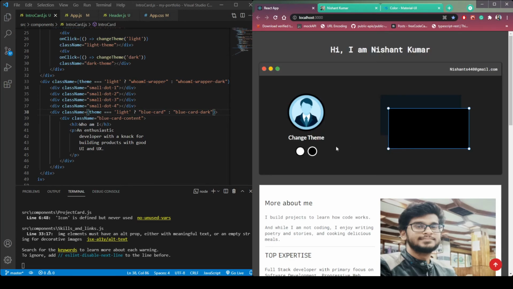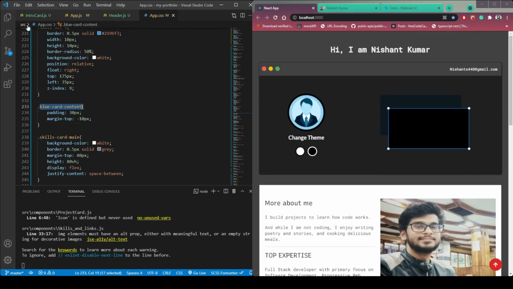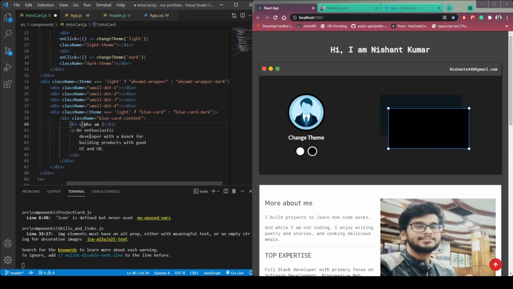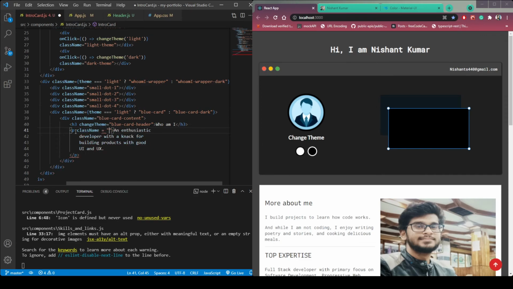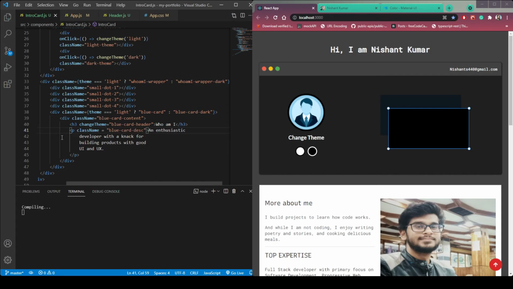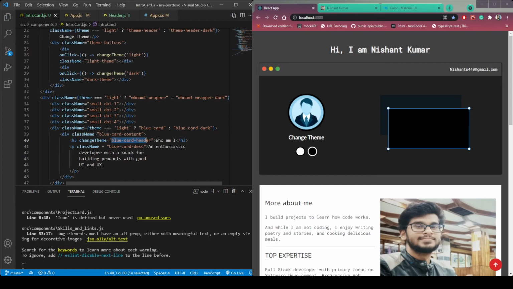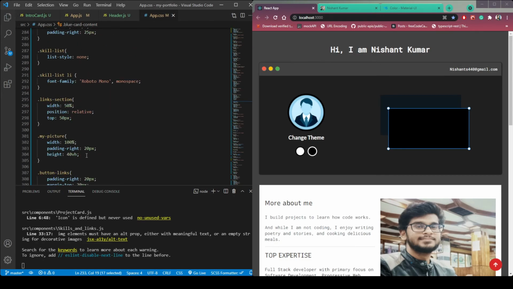Now let's change the color of the text inside this blue card. So blue card content, let's search for it, or what we can do is let's give this h3 a class name of blue card header, and here the class name will be blue card description, just DESC description. Then copy it, and inside this app.css